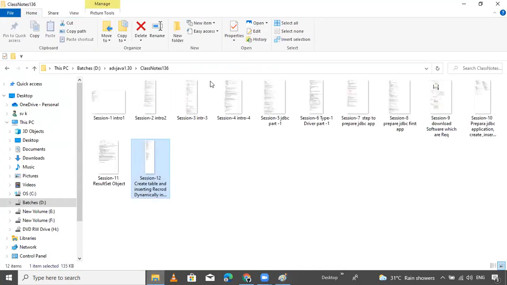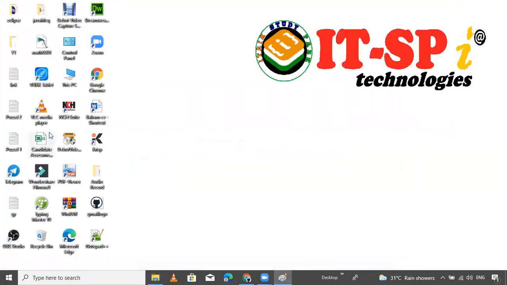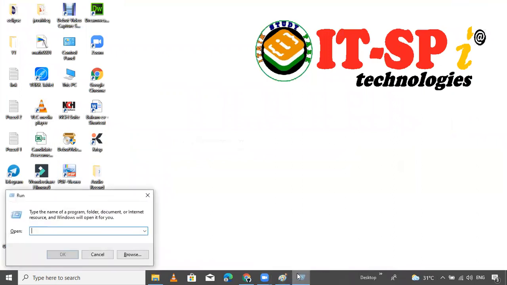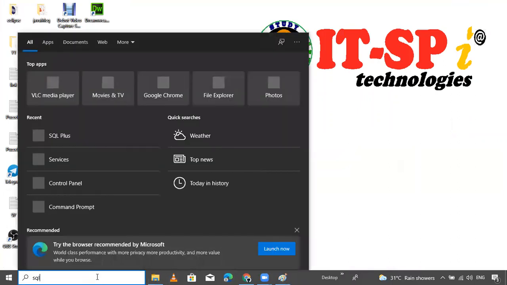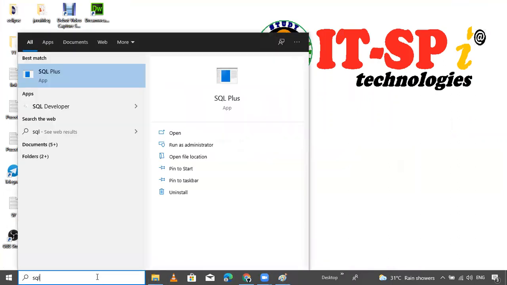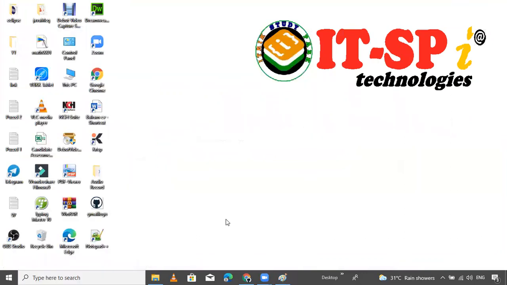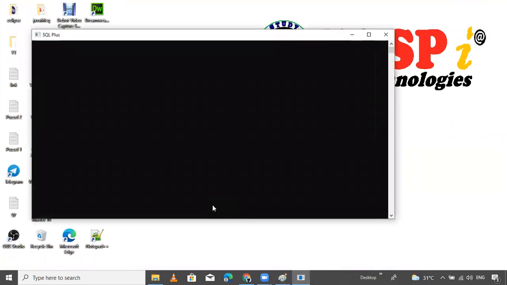First of all, let me check whether my database is working or not. Open SQL Plus. My username is system, password is system.